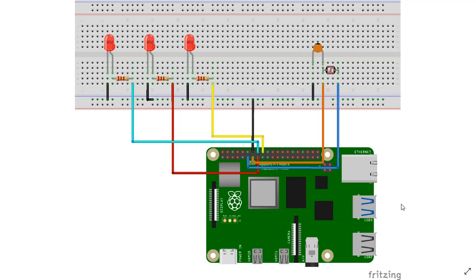Hello, in this video I'll be showing you how to build a smart lighting system using a Raspberry Pi and an LDR sensor, and sync the data to the ThingSpeak cloud and show widget-based visuals in the cloud platform. So let's get started here.